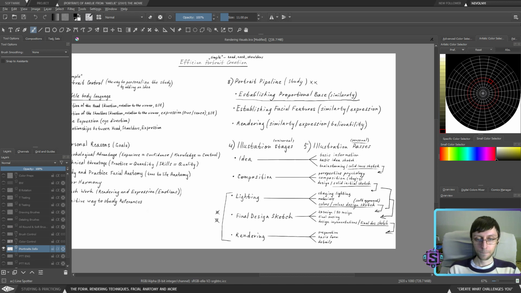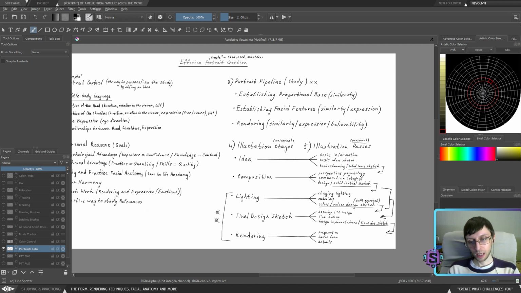So what exactly stage needs to work on a proportional base? Because it's not necessarily the idea, it's not necessarily gathering information. We're actually gathering information here. Yeah, we're kind of gathering references. We're not necessarily working with the basic idea sketch in here, we're just going right away into studying the actual character that we're working with. So because of this, we don't necessarily have a place for figuring out where this idea is going to go.